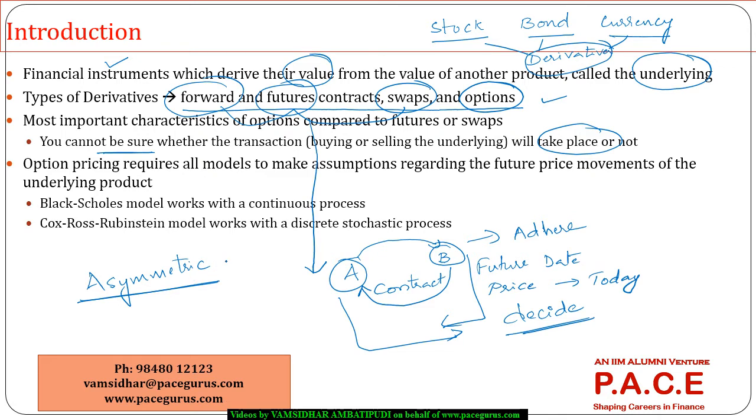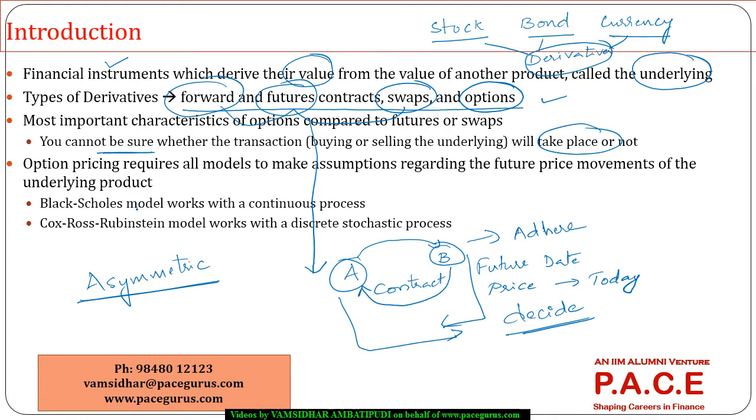So that's where I am talking about an asymmetric kind of a stuff, whereas this kind of an asymmetry does not exist in forwards, futures and swaps. Both the parties who got into a contract will have to adhere to the contract. So keeping that in mind,